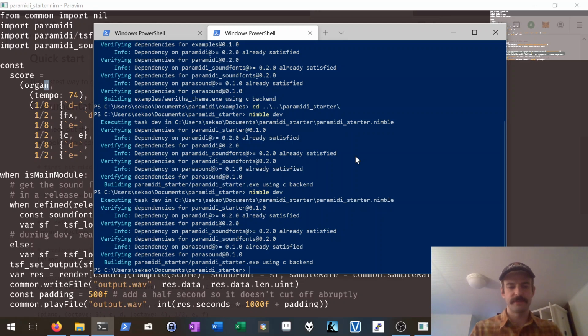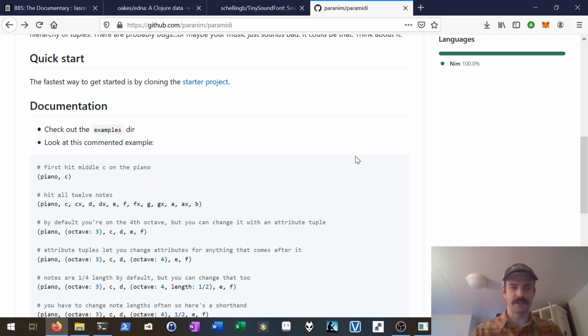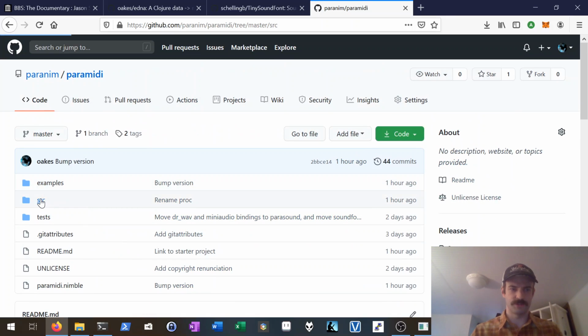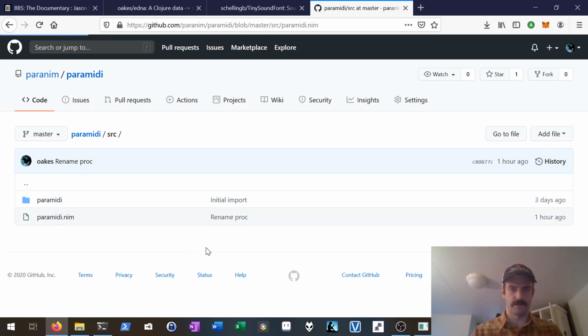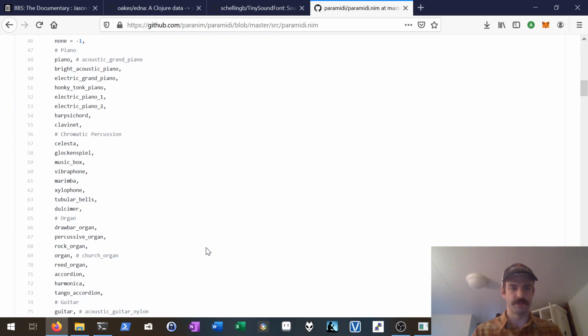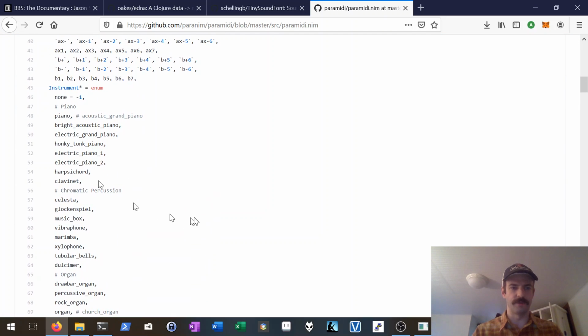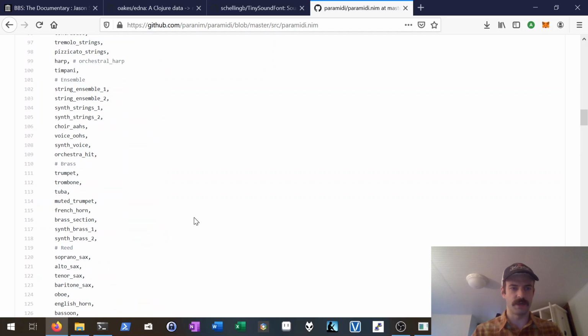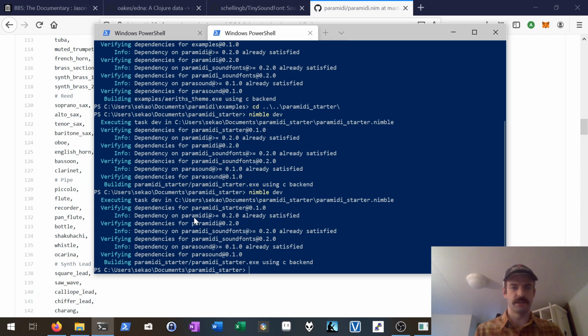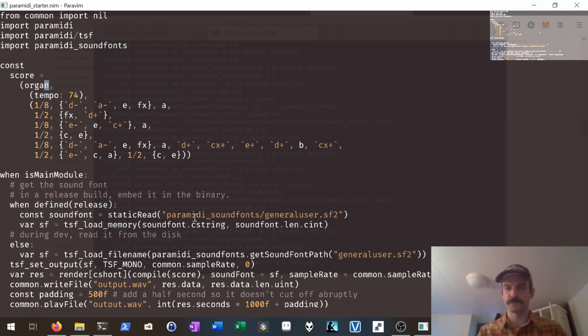You can check the source code for all of the instruments. There's a huge number of instruments here in an enum. Where is it? Right here, the instrument enum. So you can find whatever you want inside of there, and actually use it. So now there are plenty of things I still need to do,